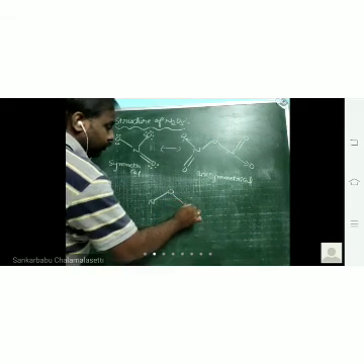So the skeleton of this N2O5 structure will be like this. All NO bond lengths are equal, that is 119 picometers. All these NO bond lengths mean terminal bond lengths. Terminal NO bond lengths are equal and the bond length is 119 picometers. And this NO bond length is more, that is 151 picometers.